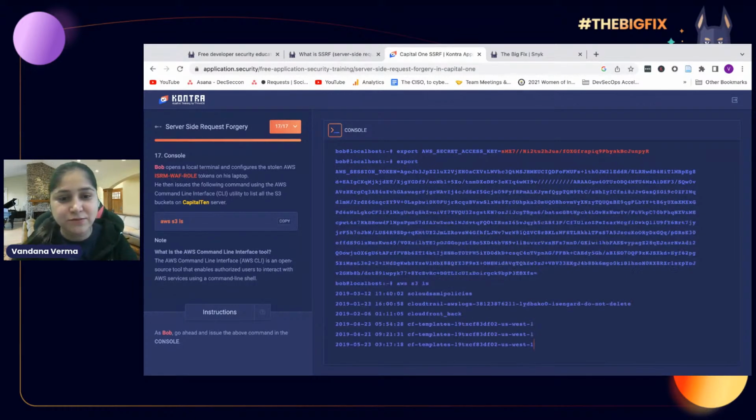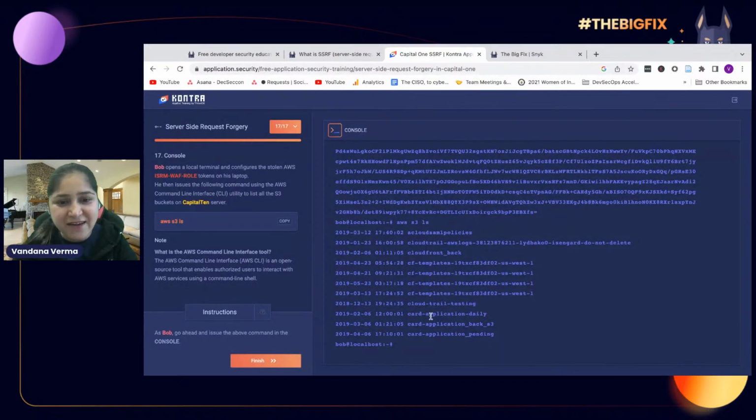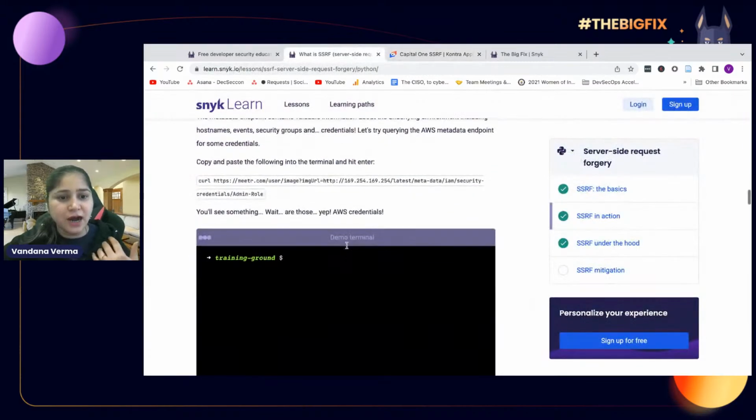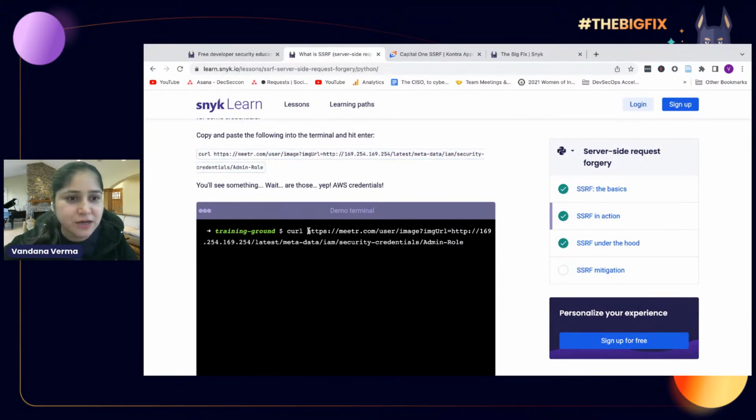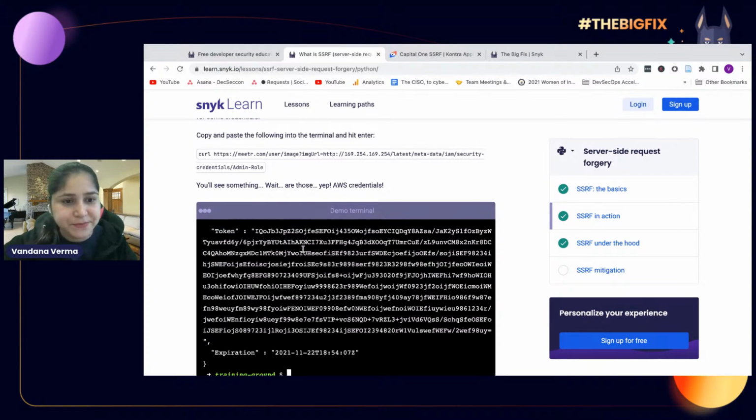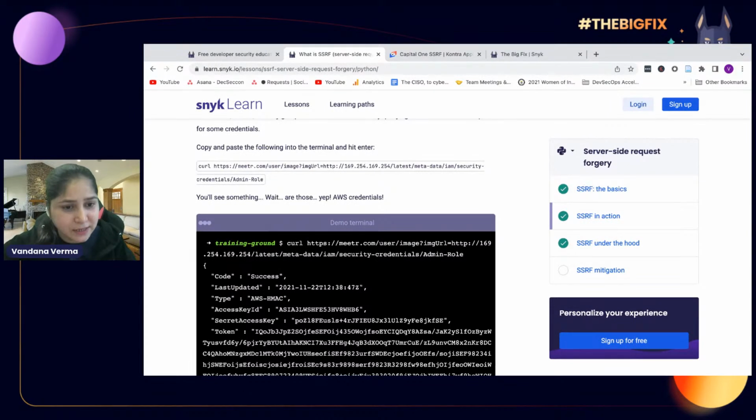Now I am trying to recon and see what else I get. If you see, it gives me every information about the S3 bucket. And if I want something more, if I want to delete something, I would have that. It can be that critical. So when we talk about SSRF, we just played around with a URL or an input parameter and were able to recon the information. Now, let me give you some information about how exactly we can play around with these roles. Right here, if you see, we use the URL, we try to curl through the users. Here, we are trying to curl through AWS credentials, and we got it. Almost a similar thing to what we did there.